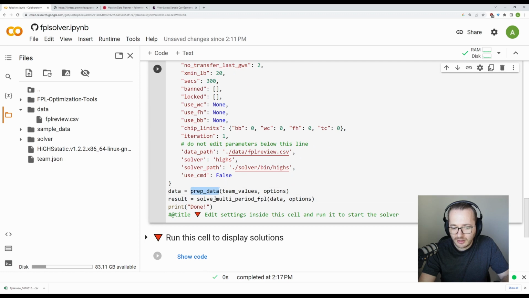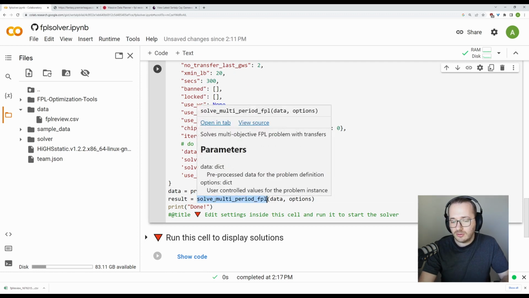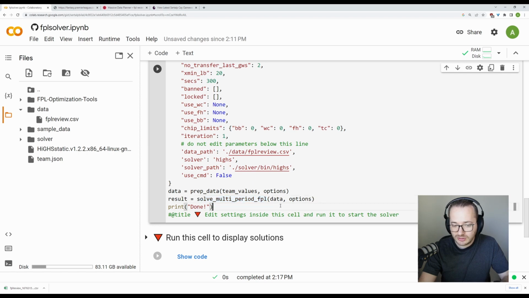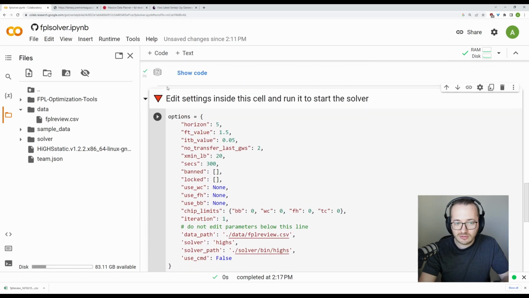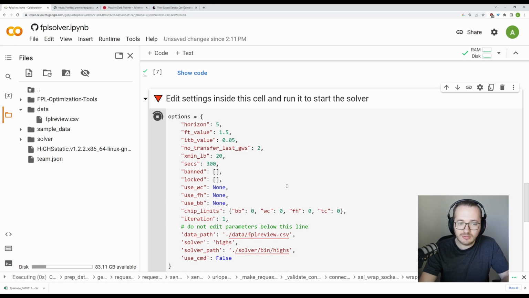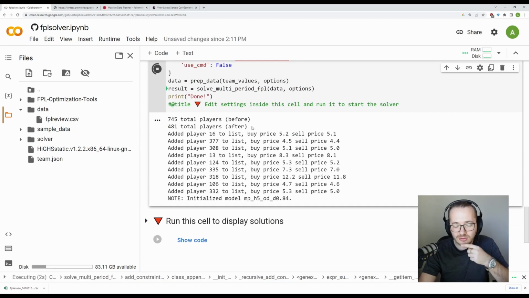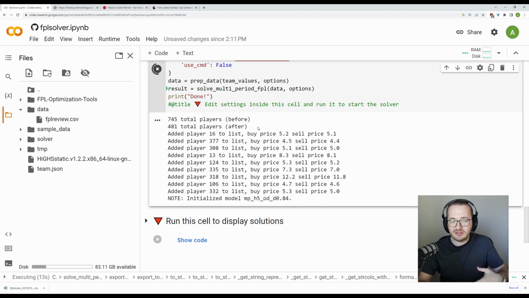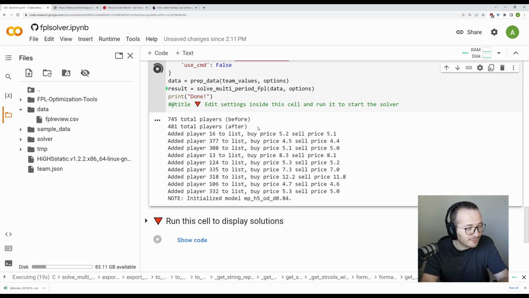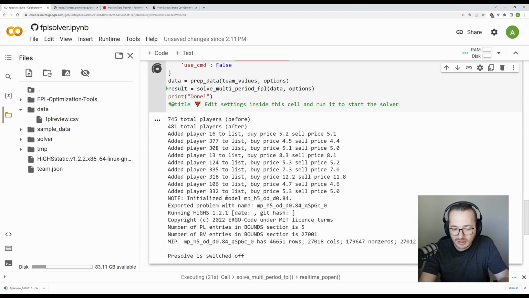So we will prep data, and then we will call sol multi-period FPL with the options, and once it's done, we will see the done word on the screen. It says edit settings inside this cell and run it to start the solver. I will click on this, and then immediately you will see that it's started. There were 745 players in total. We dropped a significant portion of them, so 481 is the number of players that we are considering to transfer after dropping them based on their expected minutes. And as you see, it exported the problem